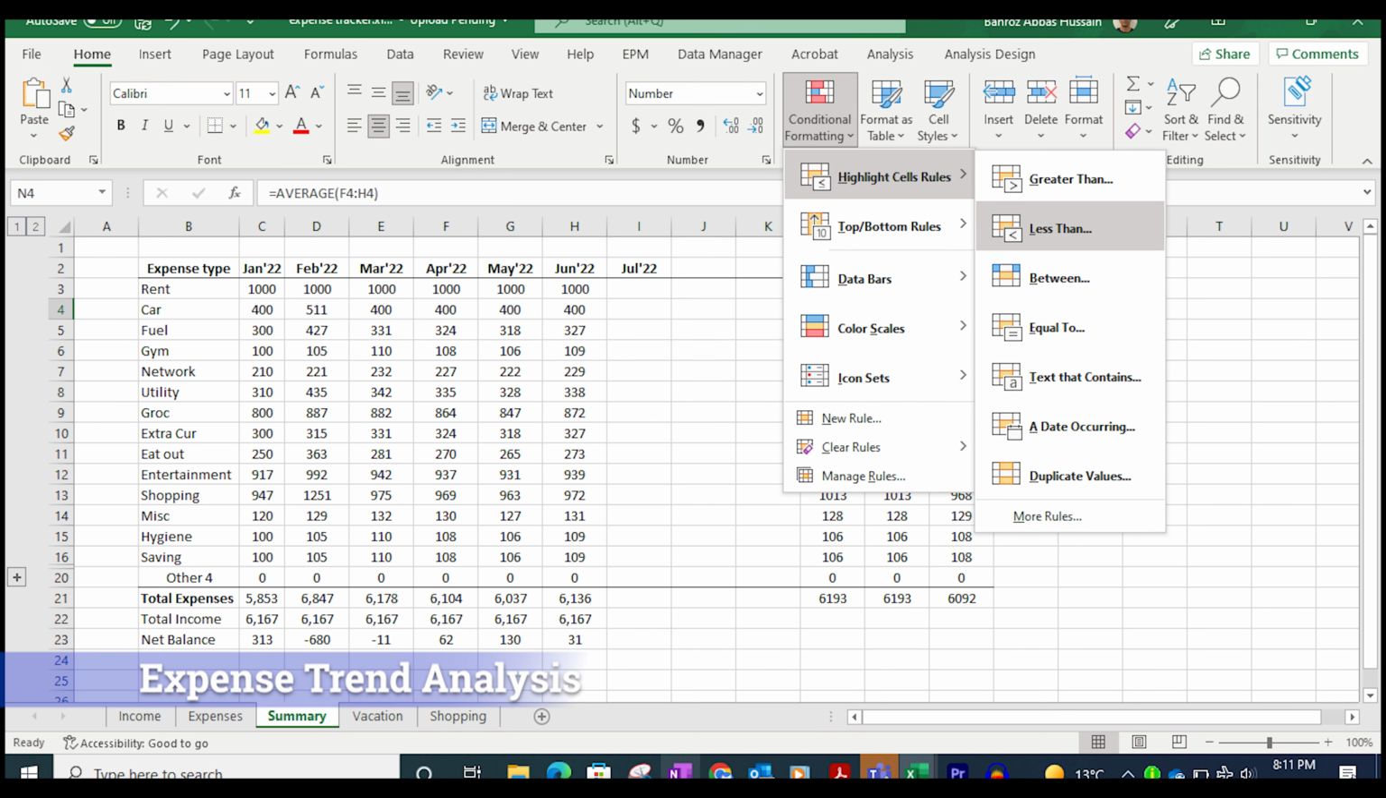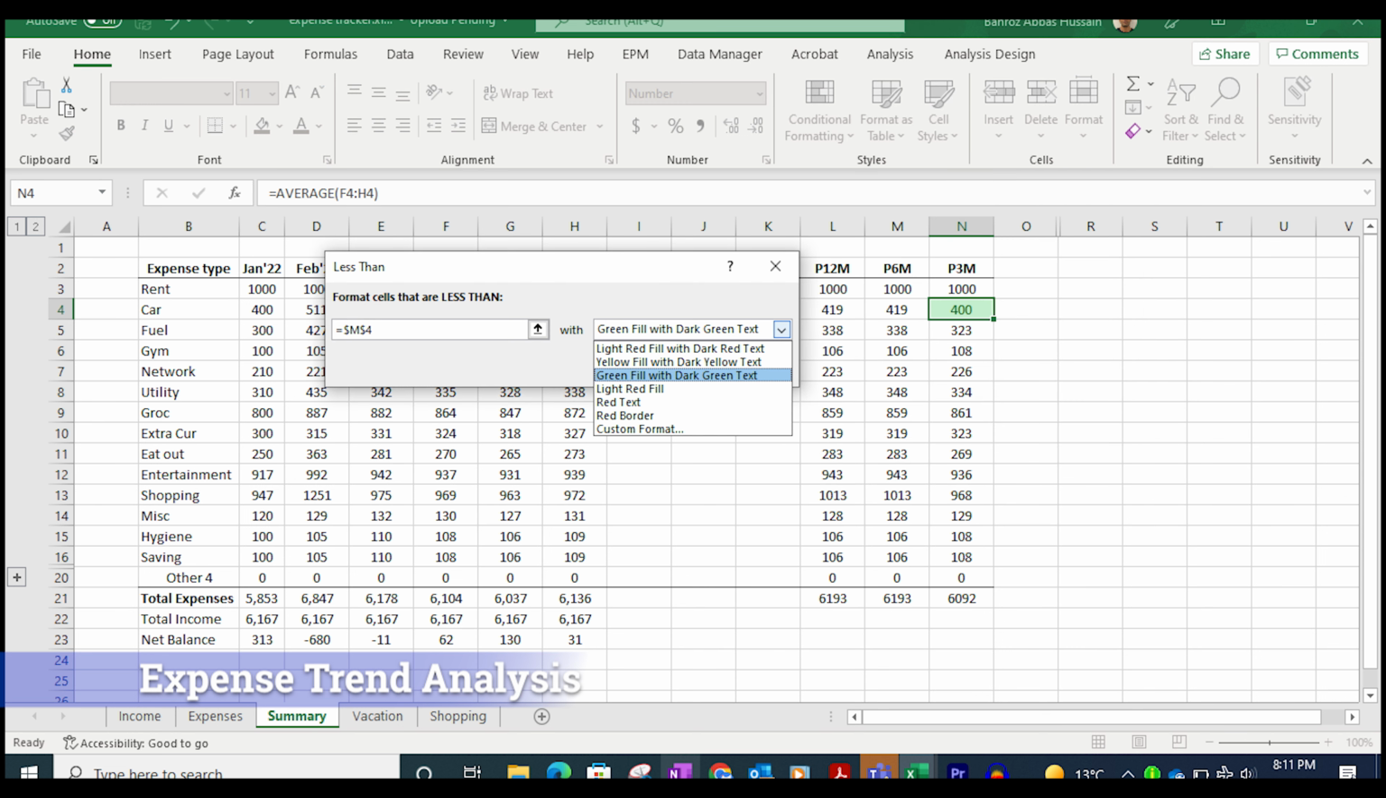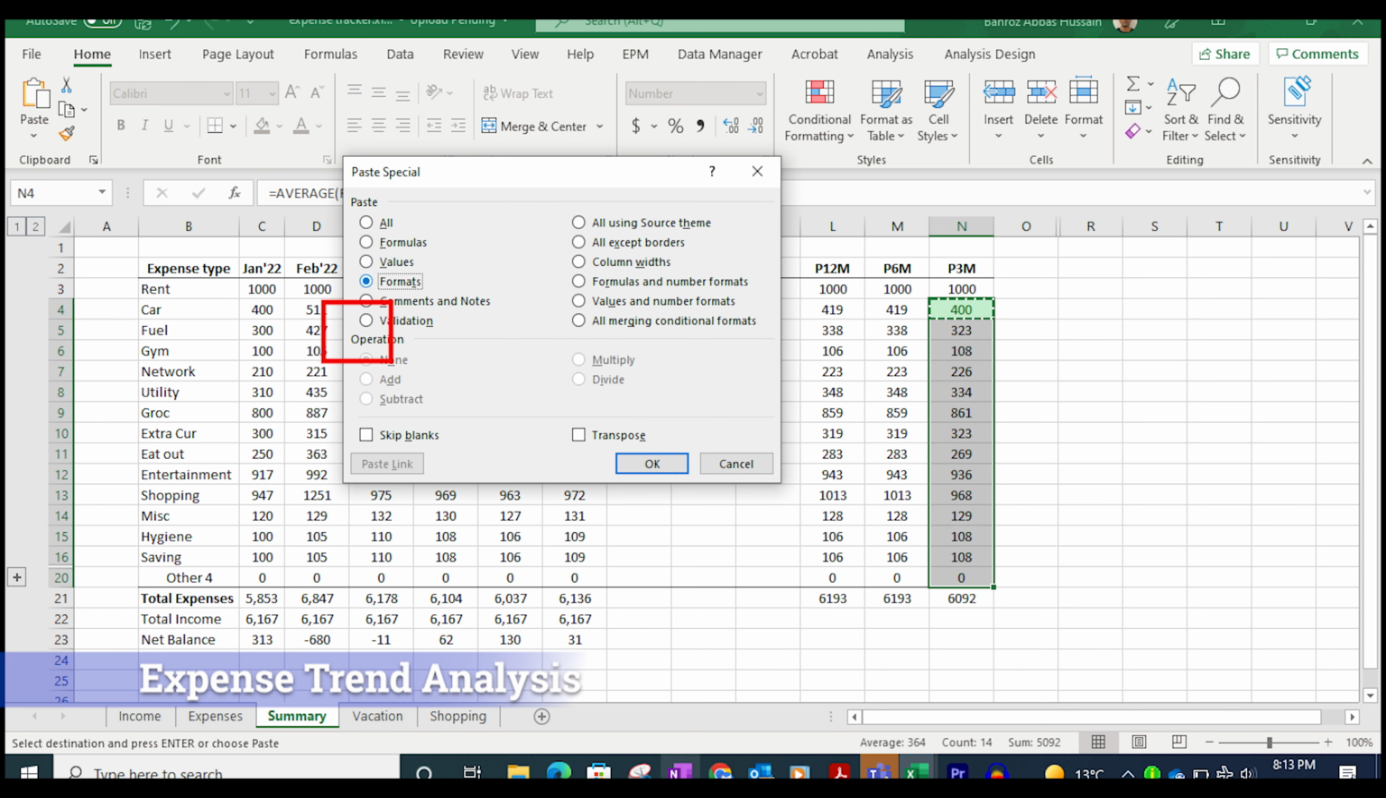Then again, we'll go on conditional formatting. This time we'll select less than and again compare with the same cell, but this time we will code it as green, which means if it's less than the past 6 month number, then it's green. Remove the dollar signs here so we can simply copy paste this rule across all the cells. Then we'll copy the format by Ctrl C, select all the cells, and then paste the format by Alt ES